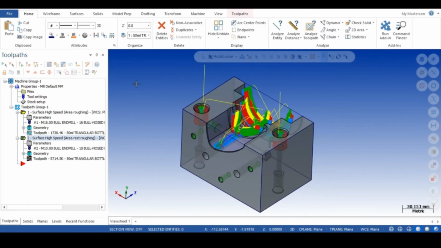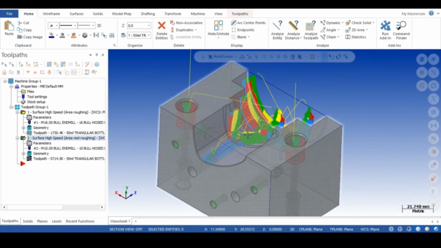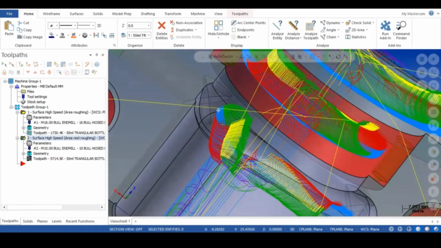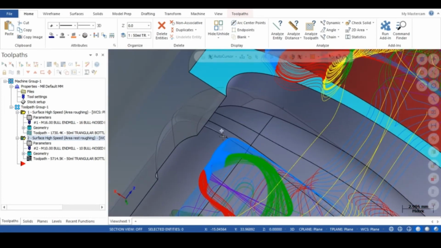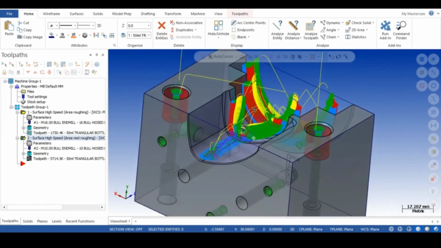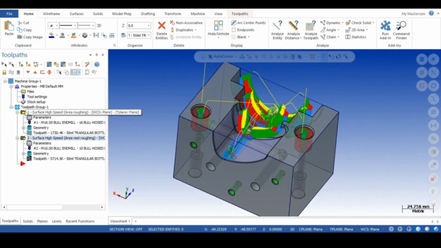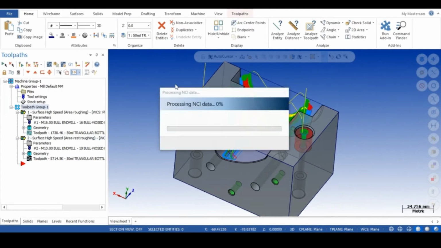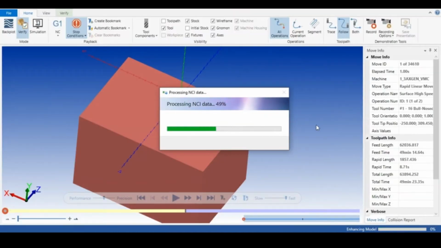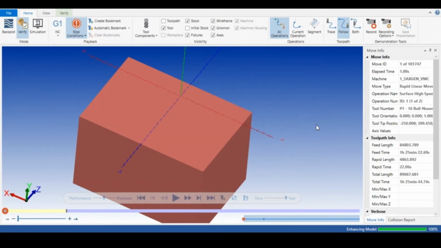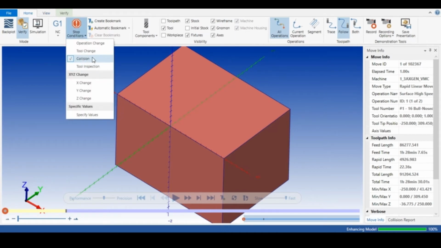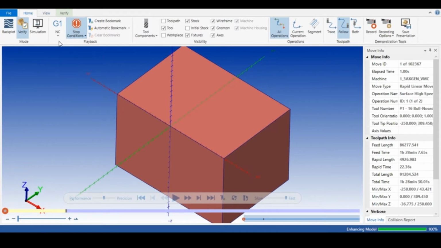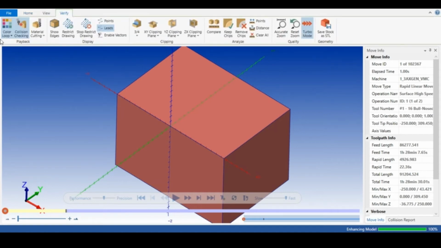You can see the rest roughing program is ready. The blue colors are the cutting moves and the red and green colors are the lead in and out moves. Very nice, the program is generated here. We can see it now in simulation. Make sure that we have checked the collision option on, so that it will show you the collision, and the color loop must be on.